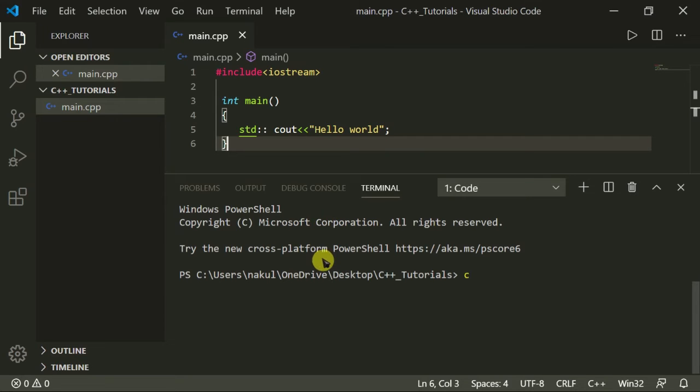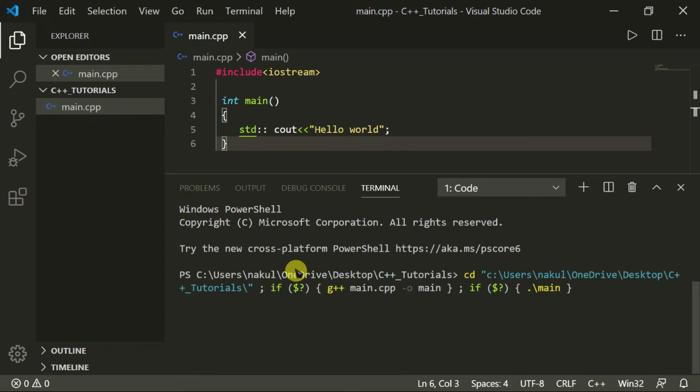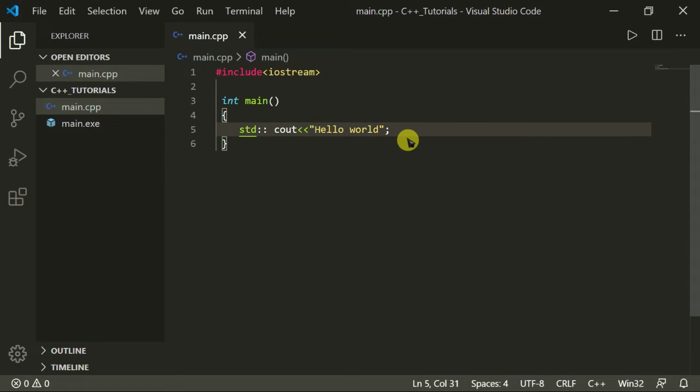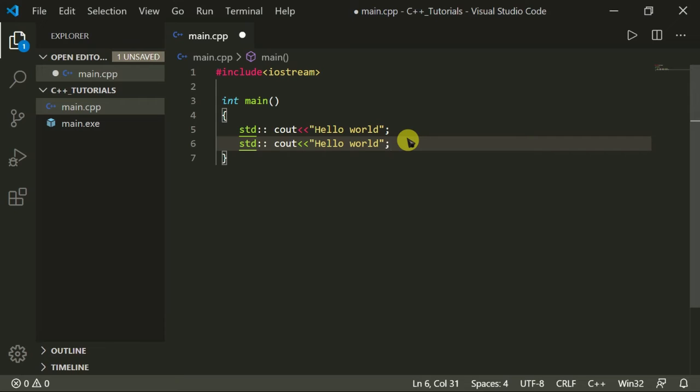So now we will run it and we get our text hello world on the output screen. So however many times you use this function, you have to type std:: each time.